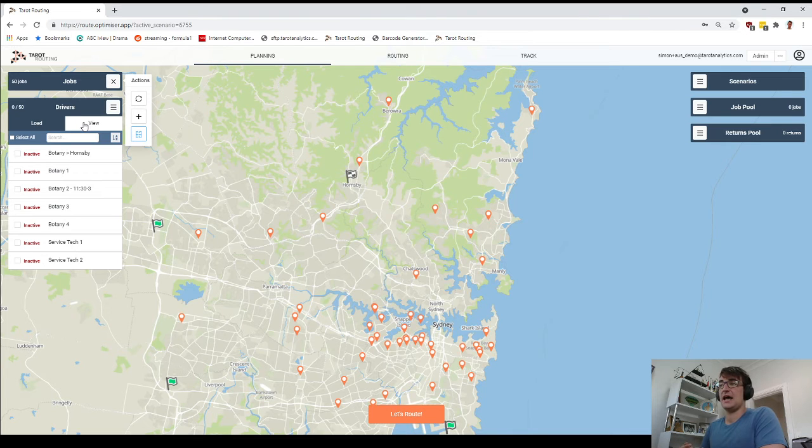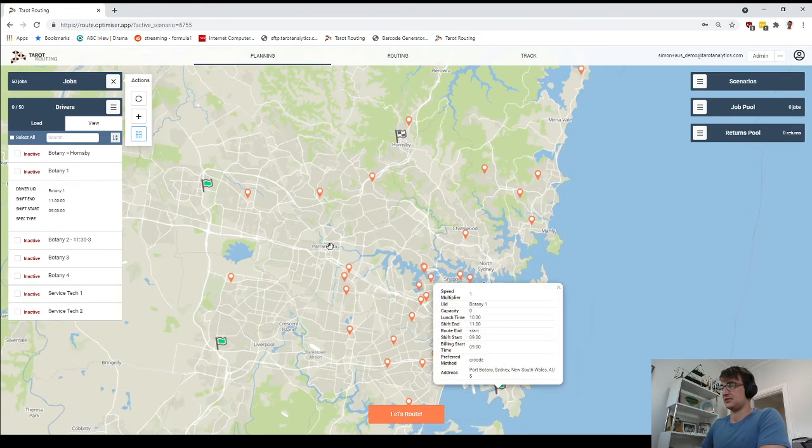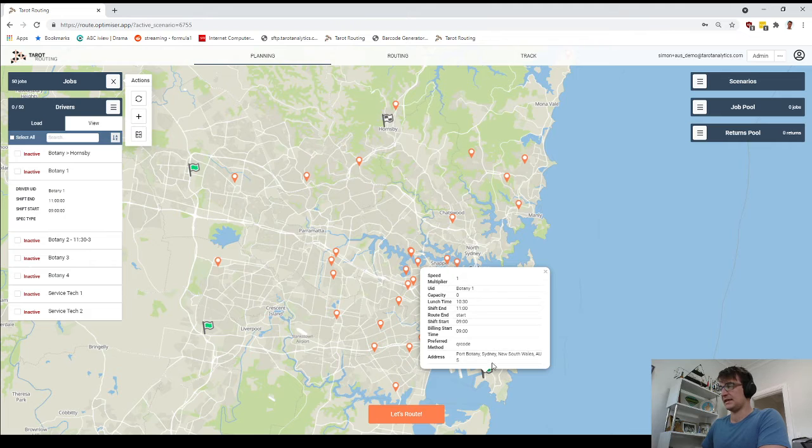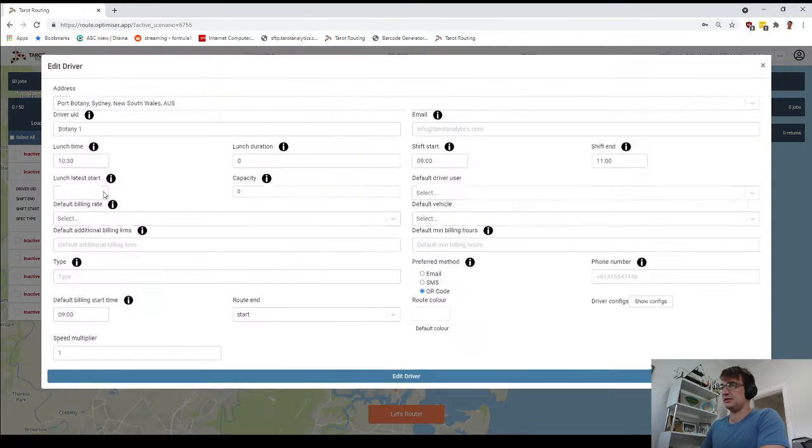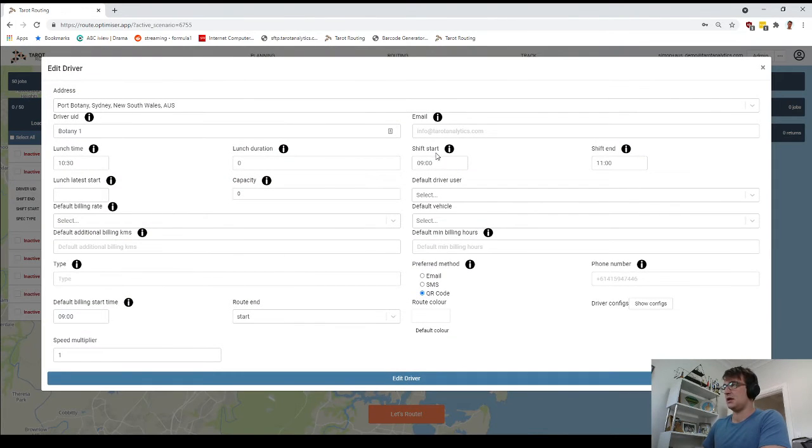Drivers should be considered as a template from which we create runs. So if I select a specific driver, I can see where they're starting from. If I edit the driver, I can see the shift start of the driver, which is when the driver is planned to depart his start location, the shift end of the driver, when the driver must return or must arrive at his end location,